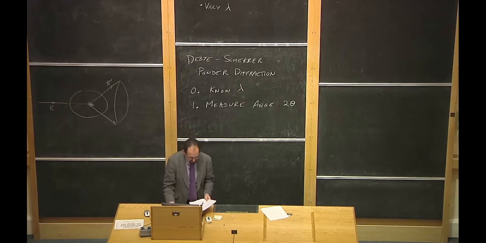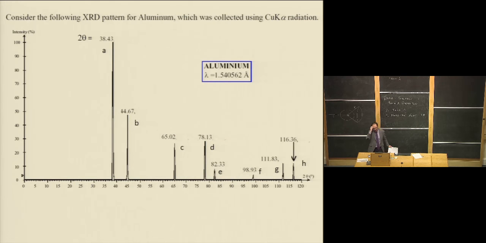Remember that, it's going to be important. So here's some data we're actually going to analyze where they've done the first 2 steps. This is aluminum. They're doing scattering off of, or aluminium, I guess, in this country. And the wavelength is known extremely precisely in this setup. This is done with a typical X-ray tube, and they have 6 digits of precision as to how precisely they